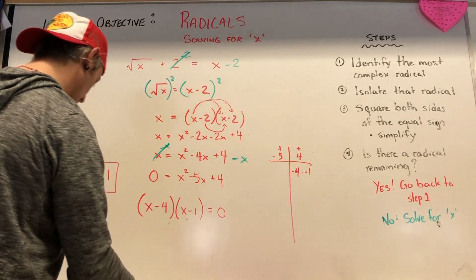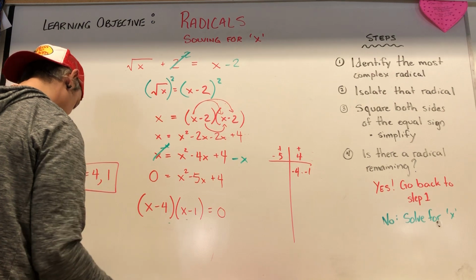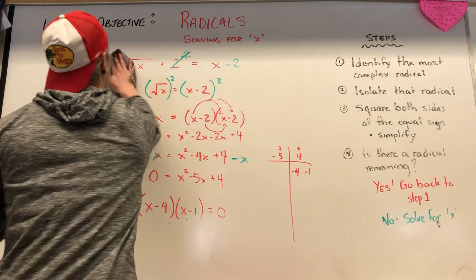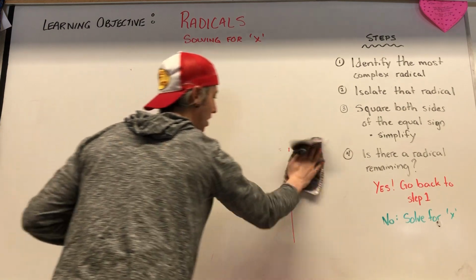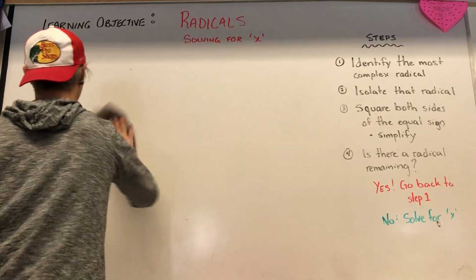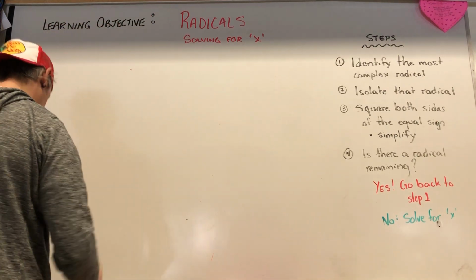So let's do one where we have more than one radical at the beginning. See how that plays out now. This is where the process gets a little longer. It doesn't get any more difficult, it just gets a little more tedious. So let's try